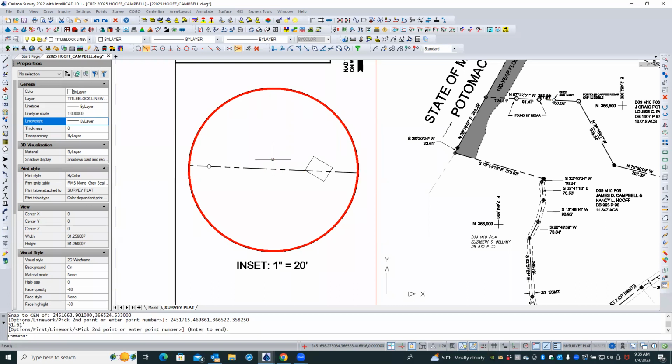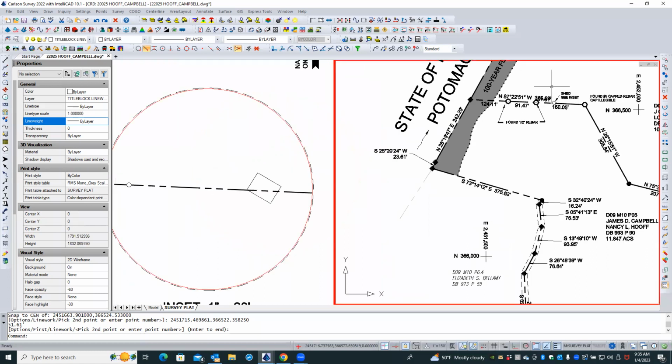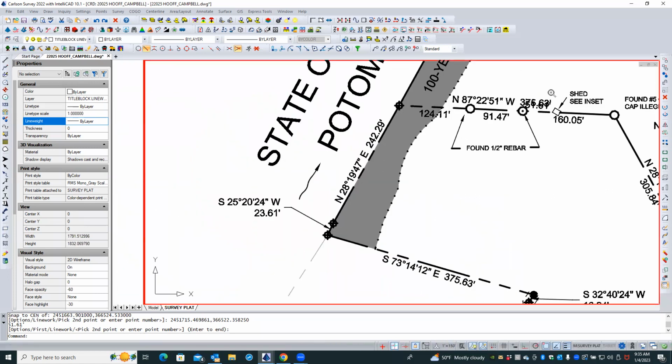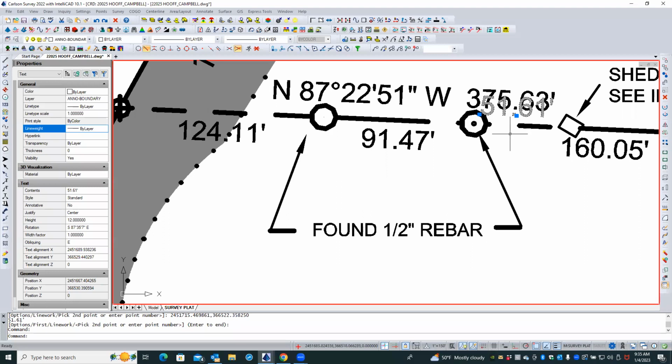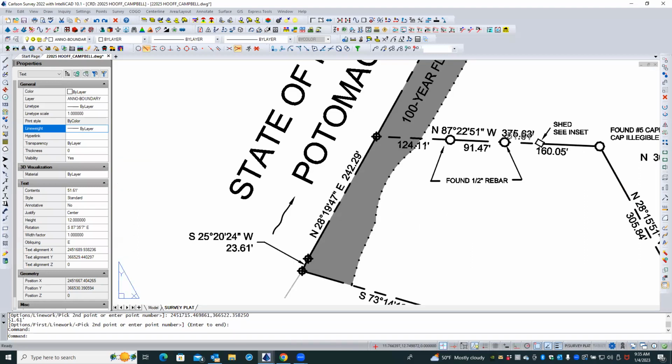Now, what has happened is if we look over here, yeah, I see it. You see, we froze that layer there. So we're going to want to see what layer that was and change that. So that was on anode boundary. So let's make a new layer